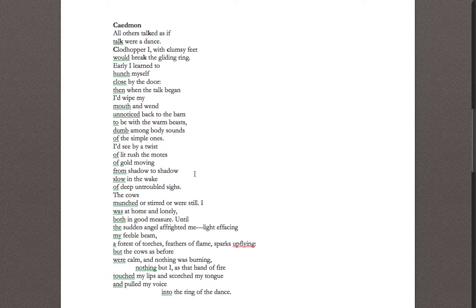So this poem, if you didn't pick up on it, is basically a story of someone who isn't talented in singing songs or talking eloquently in a group of friends. And so they always leave the party when this idea of talking or singing begins. But the end of the poem reveals that the speaker is visited by an angel who gives him the gift of being able to speak eloquently. So that's the story of the poem.